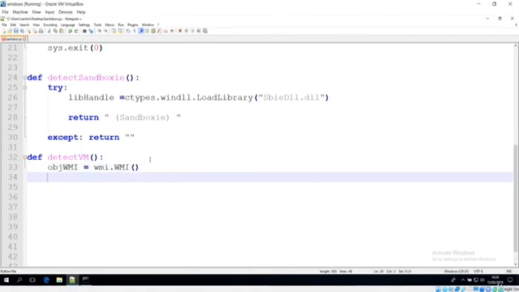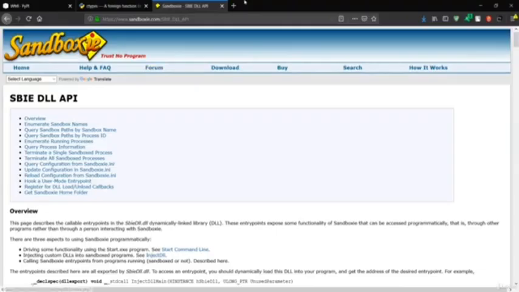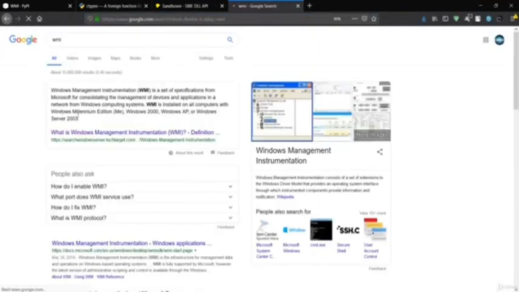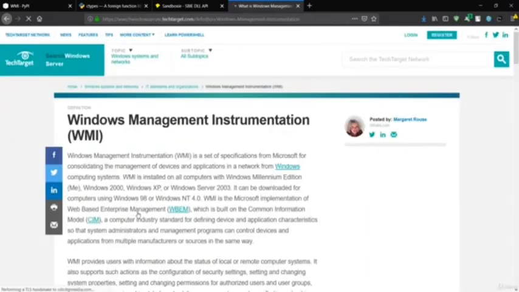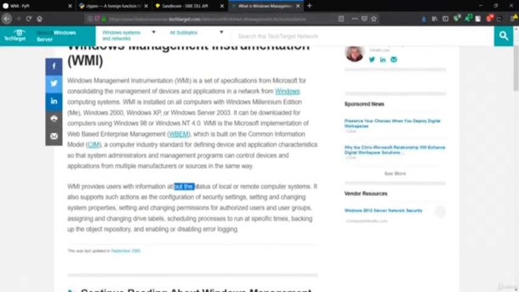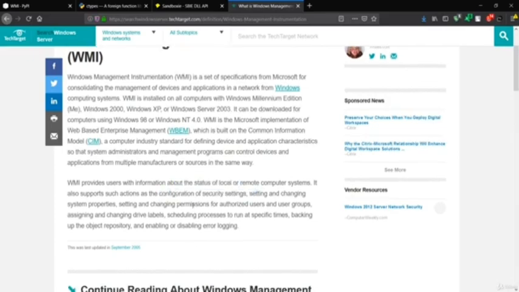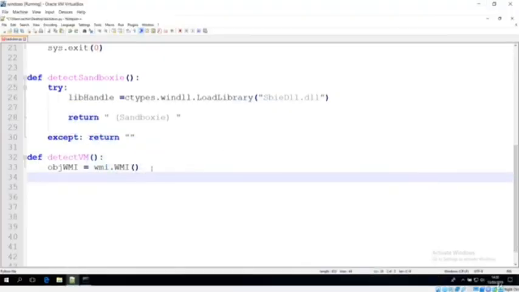Now you have to go to the query of the WMI, because we want the information about the VirtualBox, we want to detect the virtual machine. In order to do that, you have the query in the WMI. You can also search for WMI in Google and get the information about this Windows Management Instrumentation. It will get the information about the status of a local or remote computer system, and the configuration and everything about the permissions. So this is Windows Management Instrumentation, and we have to get the information of a virtual machine from this